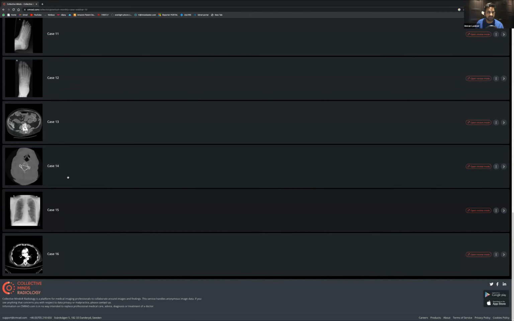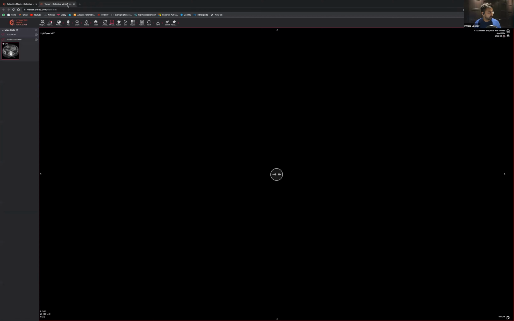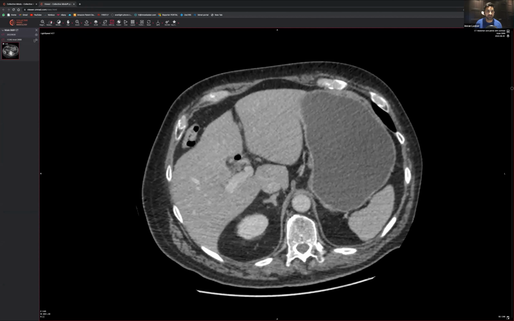Now, the reason I thought this is quite a nice case is because I have the follow-up, which I think is case number 13. So I'm going to open that one up for us, just so we can have a bit of completion of the case. What I'd encourage everyone to do is click on here, and it will start to download. See that red line going all the way across? You see how quick that is. It's going to come along, and once that red line has come across, we'll be able to see what things look like.